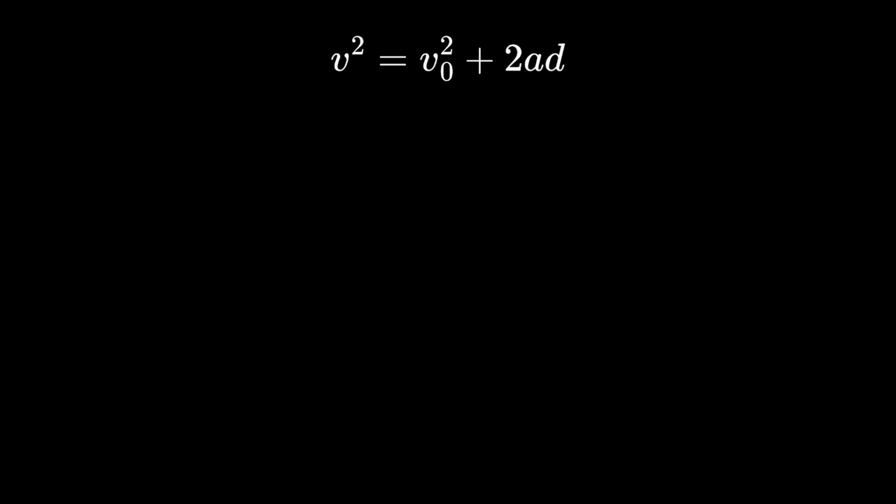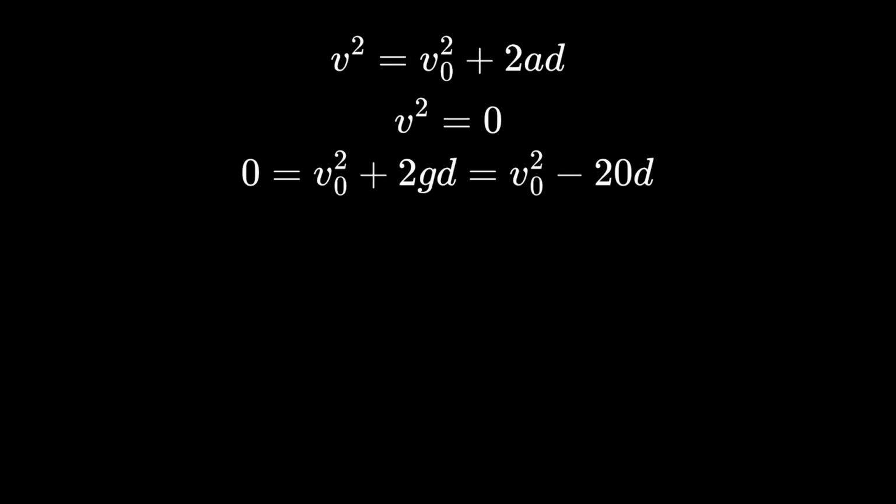So if we just take v squared equal to 0, because we know that when these blocks are done moving, they should be at their maximum height. We want the vertical velocity to be 0. It's a very typical projectile motion problem where you know that v is going to be 0 at the top of its trajectory. So plugging in 0 is actually very helpful because we know that v squared equals